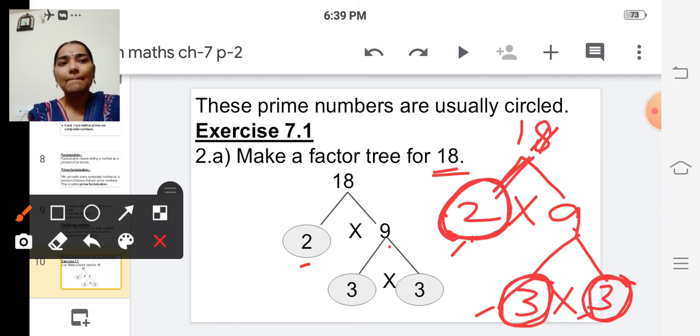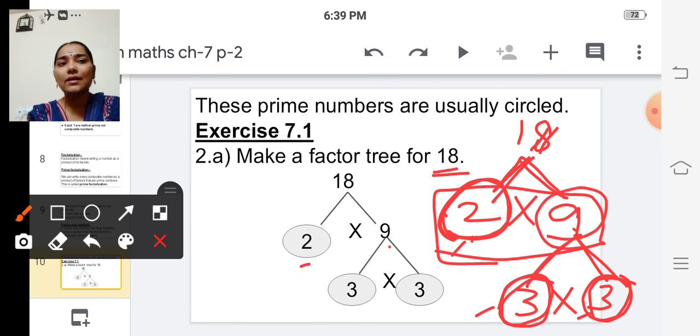So we keep on breaking the number into factors until all the factors are prime numbers. We should not stop at 9, because 9 is not a prime number. So we should break 9 into its factors 3 and 3. 3 3s are 9. So 3 and 3 are prime numbers. This is called prime factorization by factor tree method. Have you all understood, children? Shall we do one more problem?